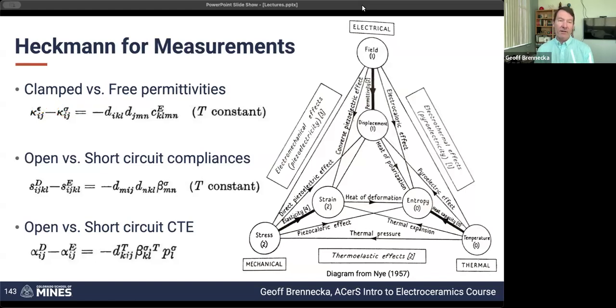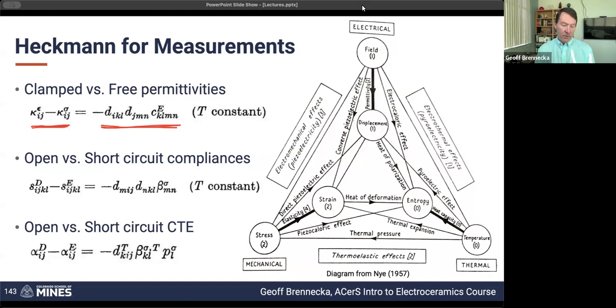But the part that I want to point out is that if you measure constant strain permittivity and you measure constant stress permittivity, then the difference between those two is going to be related to the piezoelectric response and the stiffness, as long as you keep temperature constant. And so if you walk yourself around this diagram, hopefully that ends up making sense. If you go through the tedium of deriving the equations, you can get to the same point. I find it a heck of a lot easier just to drive around the diagram